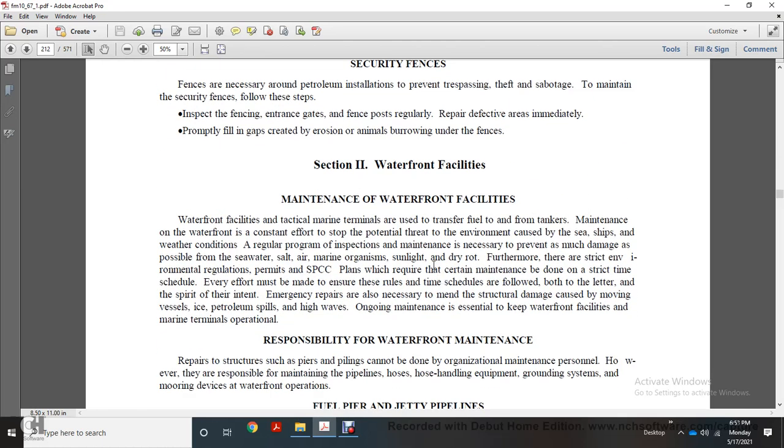Section 2, Waterfront Facilities. Maintenance of waterfront facilities. Waterfront facilities and tactical marine terminals are used to transfer petroleum fuel to and from tankers. Maintenance on the waterfront is a constant effort to stop potential threats from the environment, the season, and the weather conditions. A regular inspection and maintenance program is necessary to prevent as much damage as possible from seawater, salt air, marine organisms, sunlight, and dry rot. Furthermore, strict environmental regulations